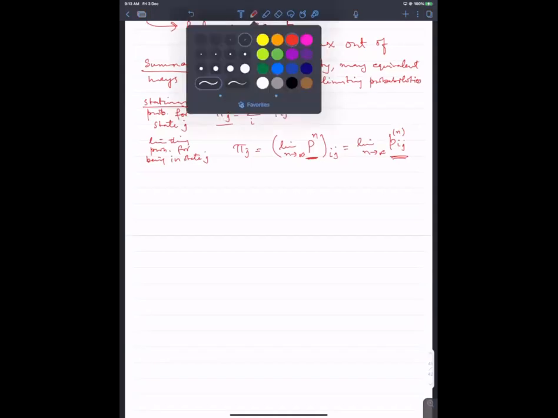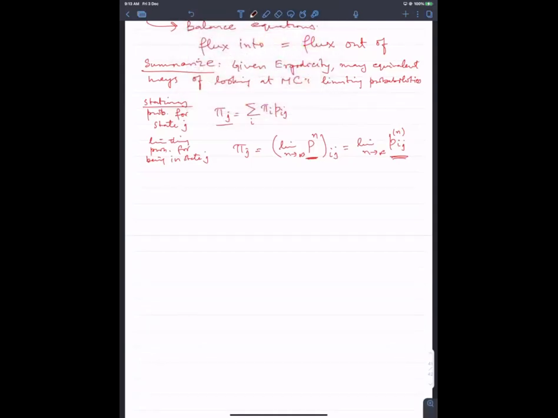Third way of looking at it is by looking at the reciprocal of mean return times. So pi j would be equal to 1 over m_jj. Starting from state j, on average, how long does it take to come back to state j? Okay. And last is look at the time averages,